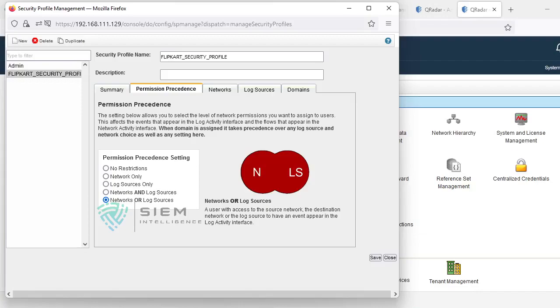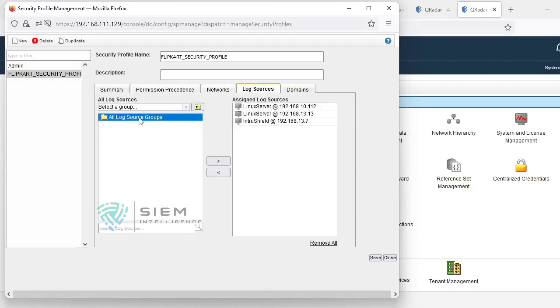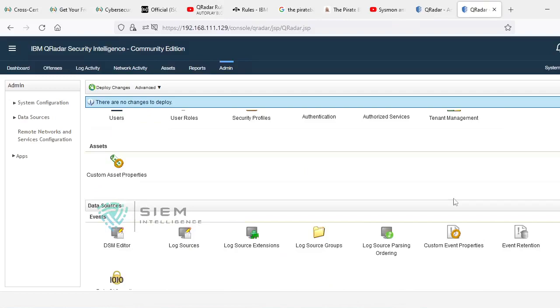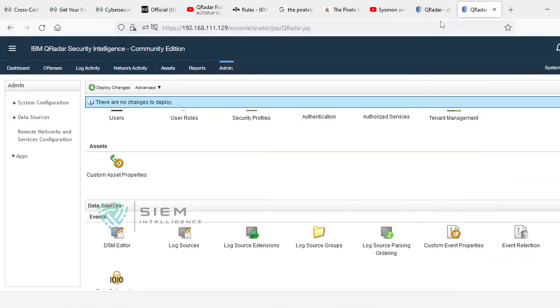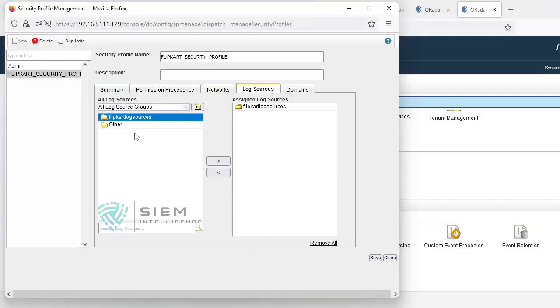Then, as I have already said, there is a log source. You can send by group instead of sending one by one. It's up to you. Why is this very good? Because you can't come to this particular profile all the time and add so many log sources. If you add it to a log source group, then automatically it will be reflected over there also. That's the reason it is better to add them as a group when combining things.